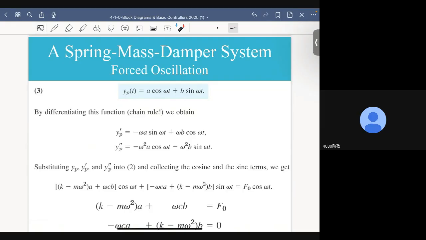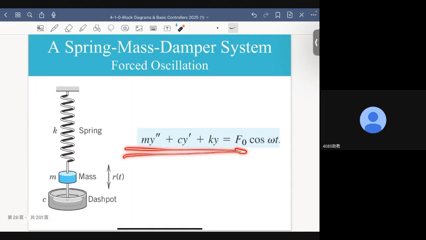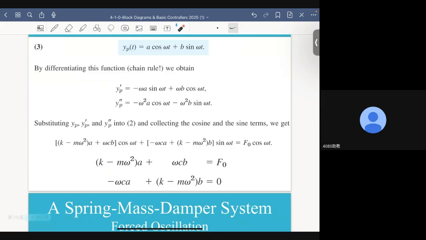To do that, we need to take the first derivative and the second derivative of this representation. By plugging them into this equation of motion, we come out with this equality. For this equality to be true, the coefficients of the cosine omega t on both sides of this equality have to be the same, which means epsilon has to be equal to this term inside the bracket, which is this. And for the sine